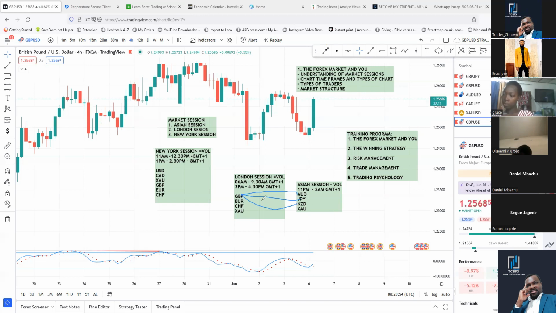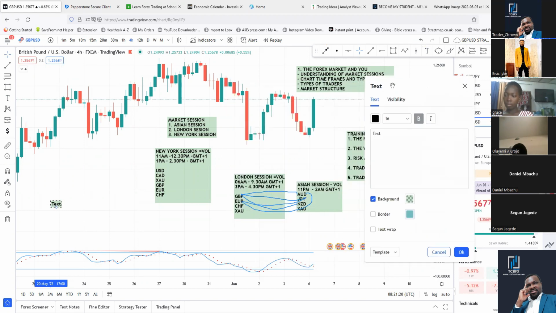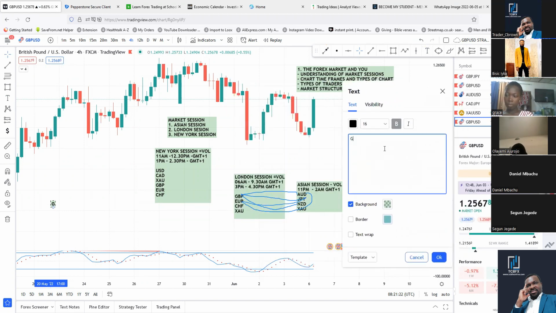You get it now? And how do you do that? It's very simple. I'll show you in a moment. So I can pair all this or pair this with any of them here. Any of them. What that means is this. If I'm going to trade in the London section, I'm going to look at this currency pair. Number one, I'm trading GBP. So which one should I pair it with? I need a strong currency pair and a weak one to be able to trade smoothly.